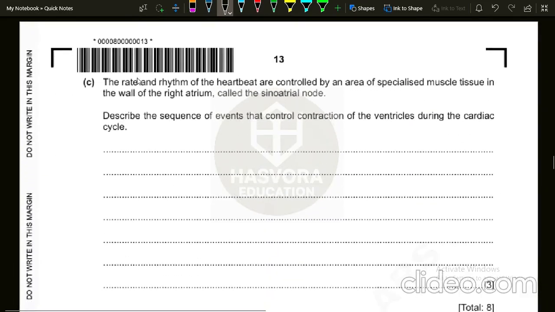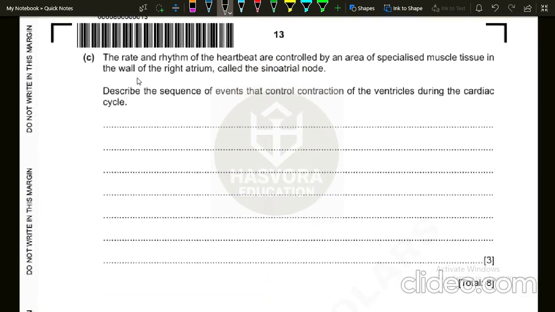Let's move on to part C, which says the rate and the rhythm of the heartbeat are controlled by an area of specialized muscle tissue in the wall of the right atrium, called the sinoatrial node, which is responsible for generating the waves of excitation that drive our heart. Describe the sequence of events that controls the correct contraction of the ventricles during the cardiac cycle. So we just have to state the events in the correct sequence. So we will write: